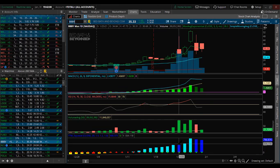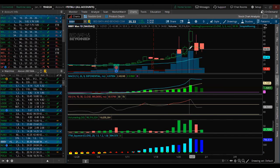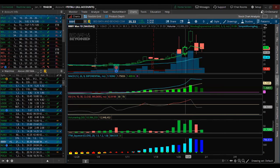Sometimes I freak myself out and think, oh, it's not going to go up higher, and then it goes up higher. And sometimes I have a confirmation bias where I think a stock is going to bounce after it dropped, but I am trying to force the indicators to tell me something different than what it is actually saying. So really use these indicators if you can as a price mechanism to understand, okay, if the EMA, whether it's the 5 or the 9 day EMA, is at